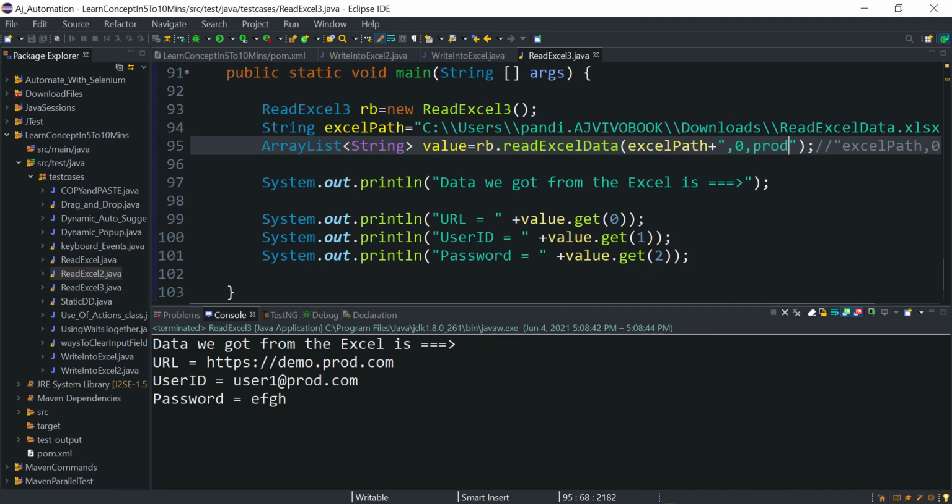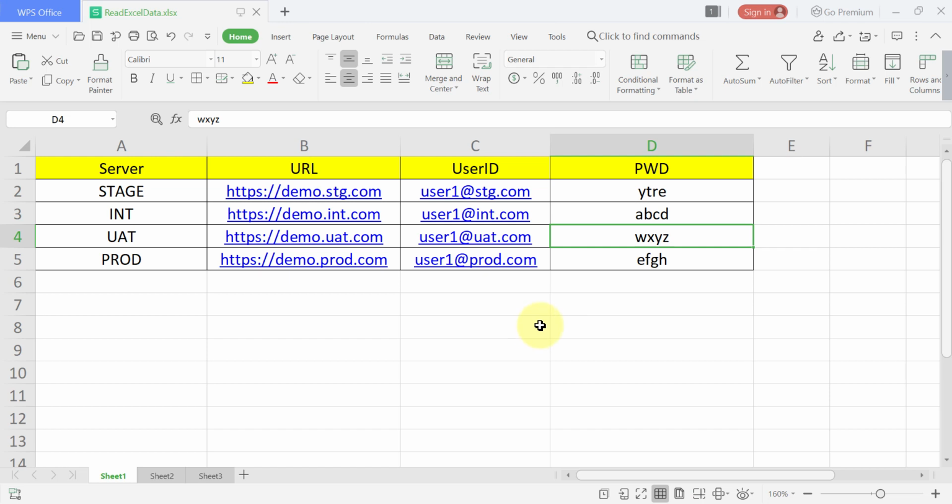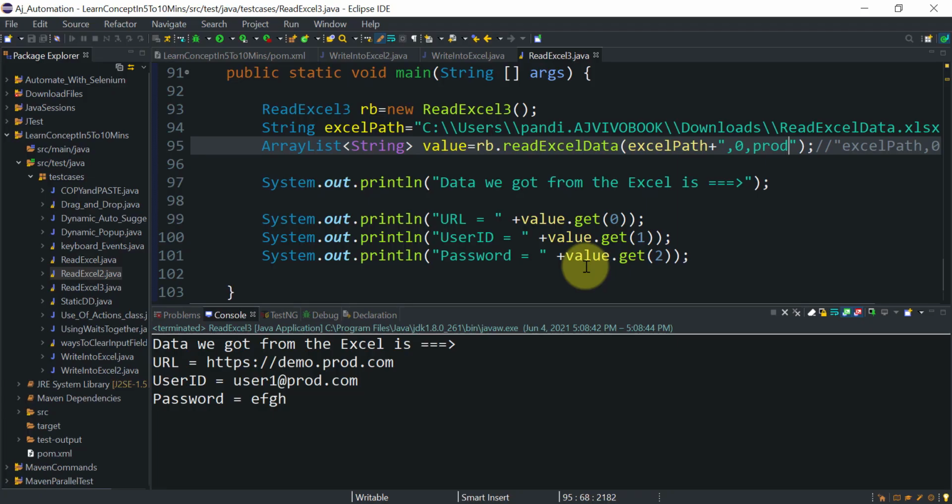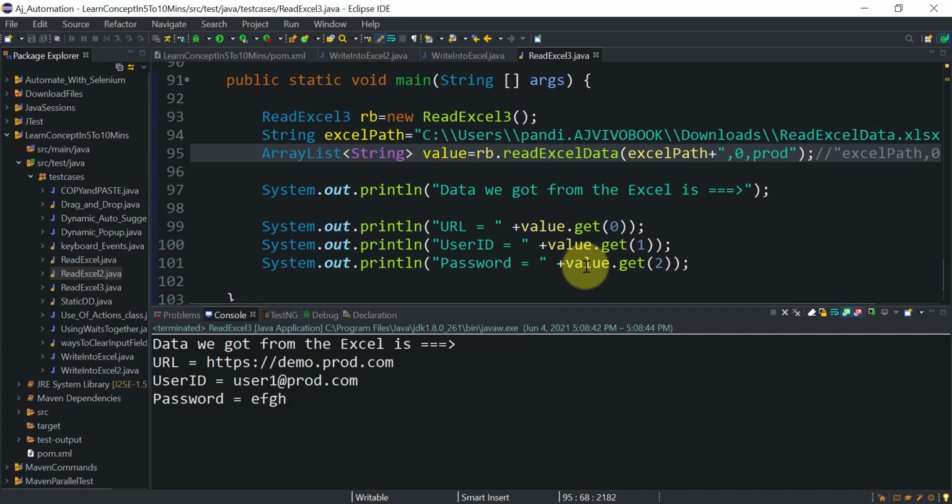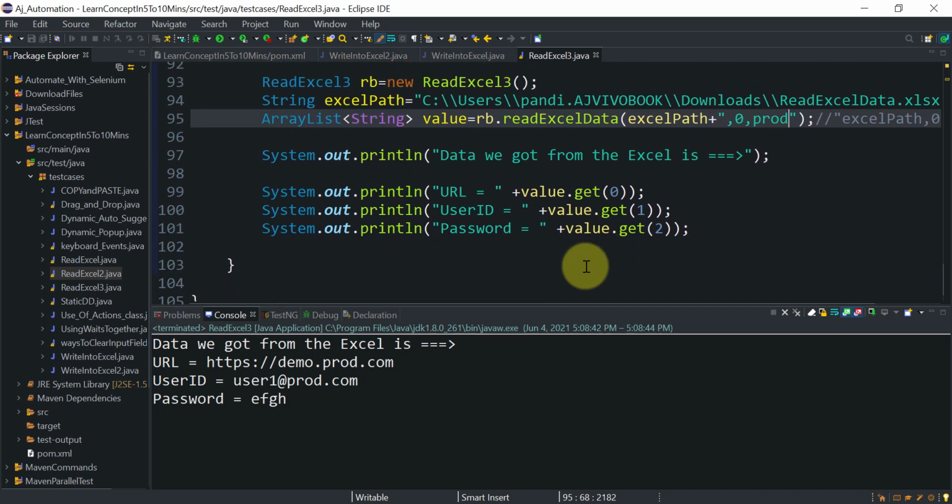Just store them in the external Excel, and in case that environment's URL changes or the user ID or password changes, you just have to go to this Excel, make whatever changes you want, and then save that Excel. And this code will automatically read whatever URL, user ID and password, depending upon the server name, no matter where it is available. Okay, so this is a small example of data driven testing.